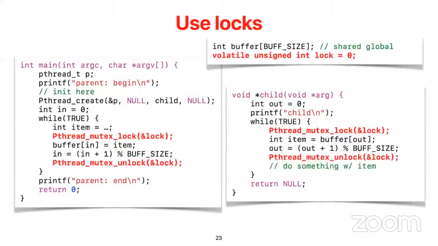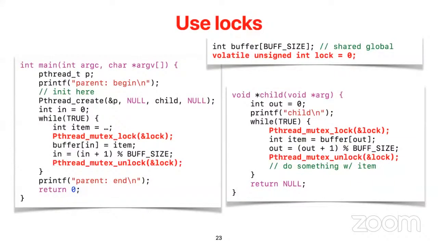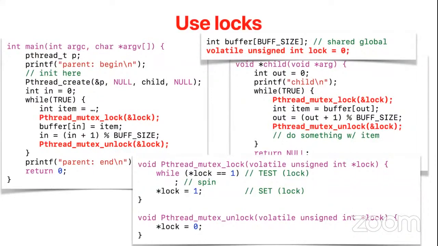So the most naive implementation in the bounded buffer example is that you just use the pthread lock and unlock like this to protect the part of the code that is trying to modify the buffer item. From the user's perspective, there is nothing to criticize about this code. However, what I really want to ask you is, how do we implement lock and unlock correctly?